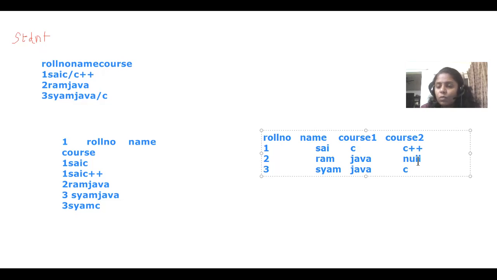So what do null values mean? It is not available or it is unassigned. Correct? Null values means it is unassigned or unavailable, or we do not know the value of that particular attribute. So like that, null values will be stored in many places, and here we are also wasting the storage space of the database. So this is not a good way of converting it into the normalized form.